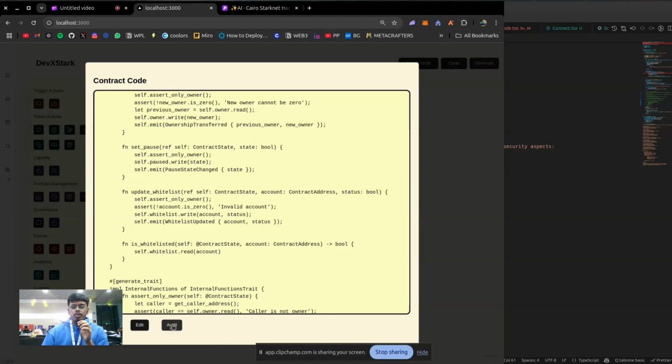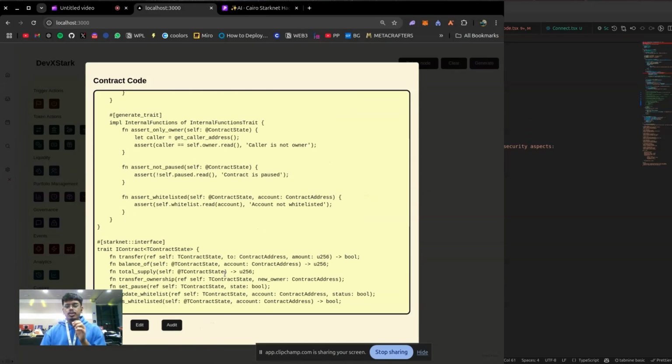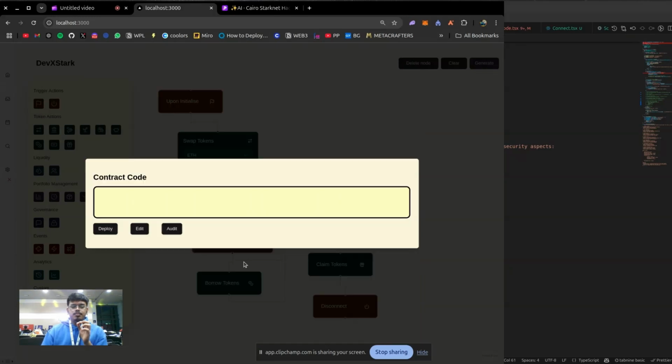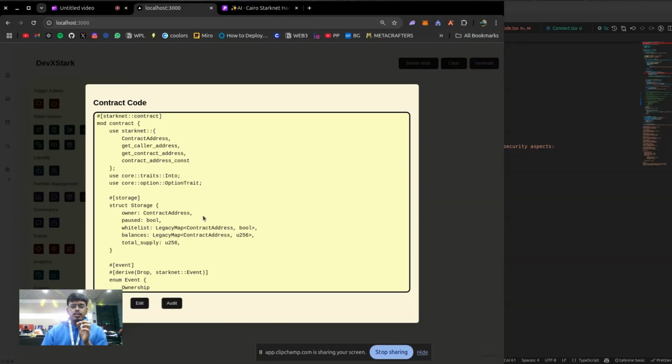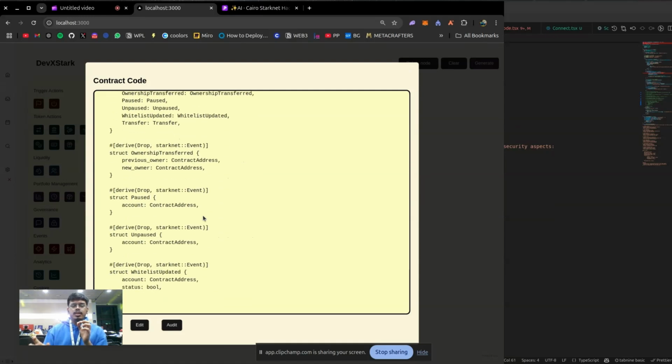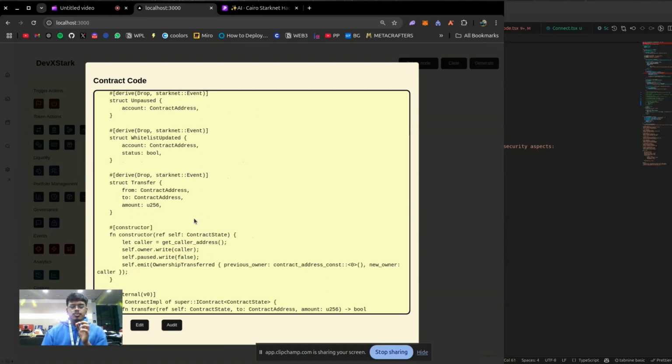Also, you have an option of auditing the contract. Our auditing agent basically goes through the contract. It sees any small vulnerabilities or security concerns that might be present, and it does the checking. So if you click on audit, it would then go through the contract. Most of the contract might be the same, or a little bit of it might be different. So once this is done,